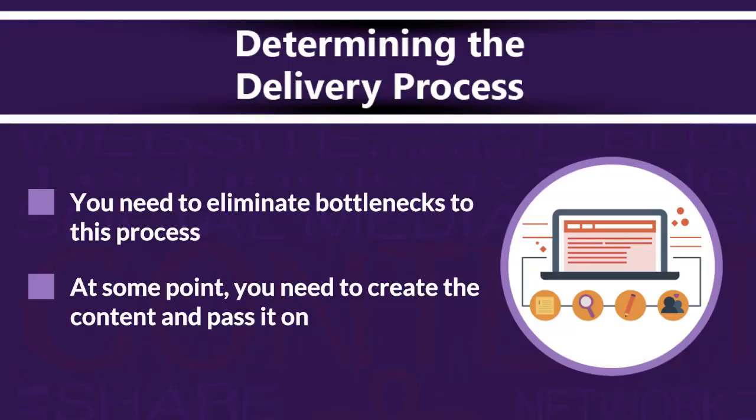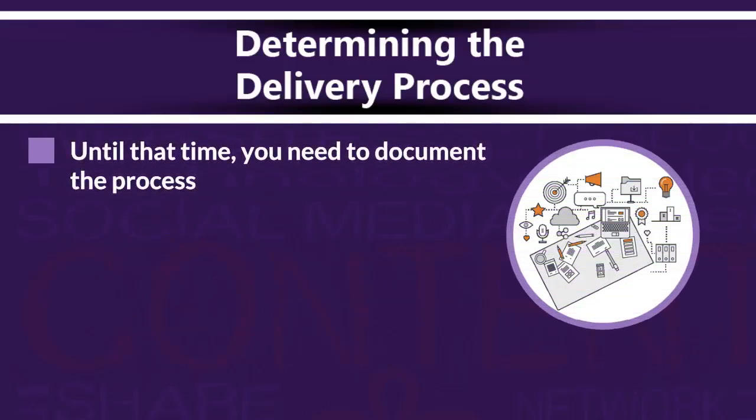They figure out how to get a blog post written. They figure out how to get a video done. They figure out how to record something. But the delivery process is the part where people kind of fall out of the process. Until what you've got to do at this point. Now, this is going to sound a little weird, and I'll tell you why. When you're figuring out how you're going to get it from creation to getting it in front of people,